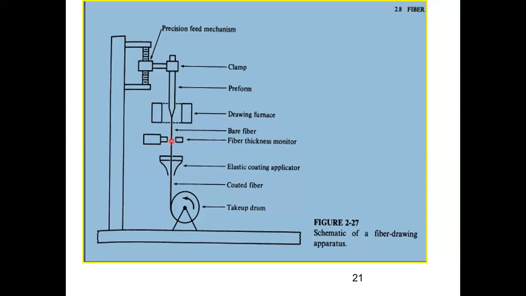Okay, and then here I have some mechanism of thickness monitor. Now यहाँ पे मेरे पास सिर्फ core और cladding है. So what I do, I apply an elastic coating. The first initial protection that I do to protect the fiber. So यहाँ पे एक elastic coating लगा देते हैं so that the fiber is protected. So here I get the coated fiber and then I have a drum. Okay, and then the take up drum takes the fiber.